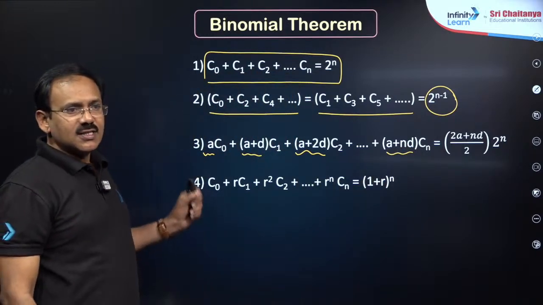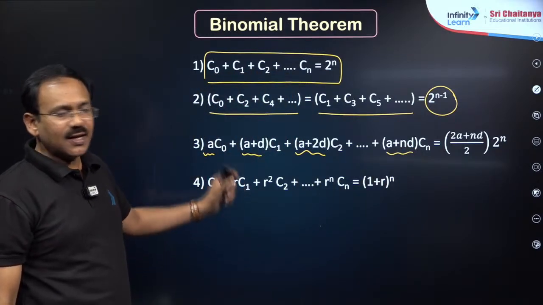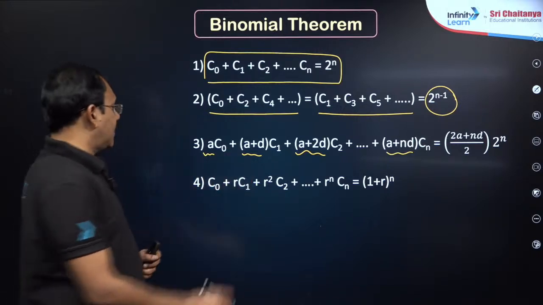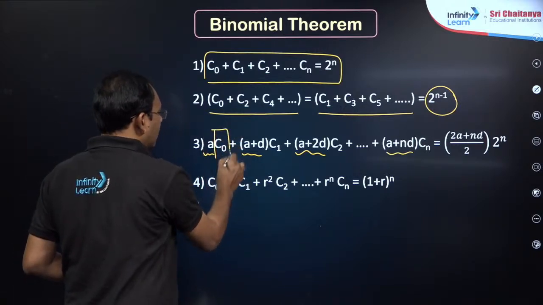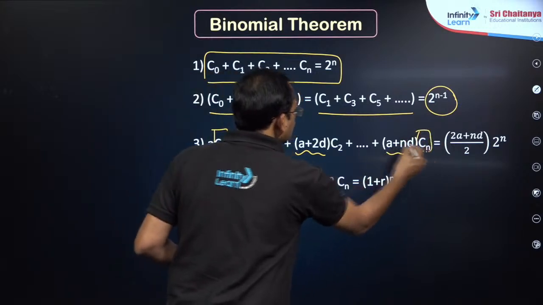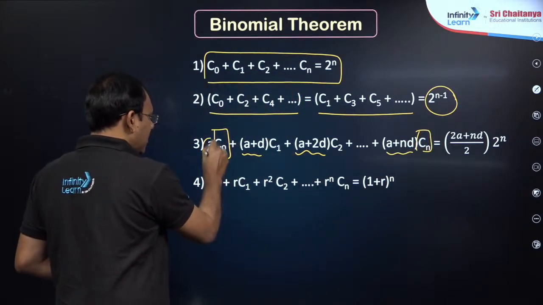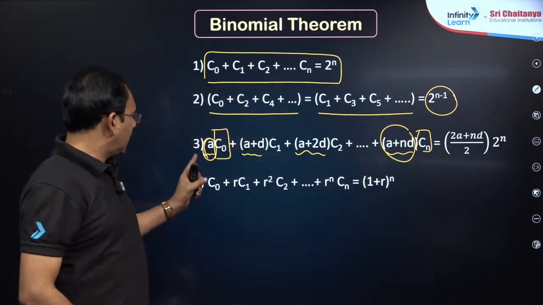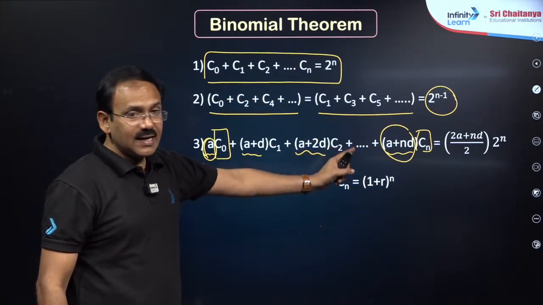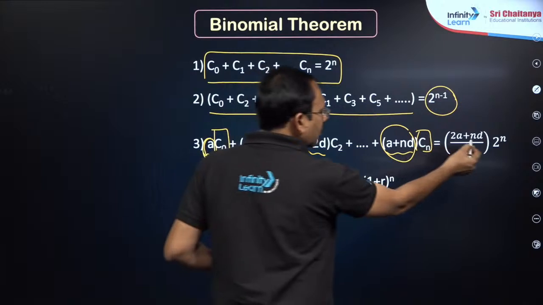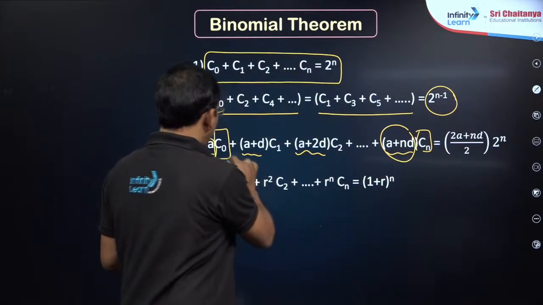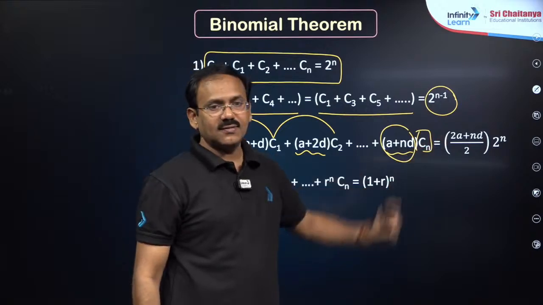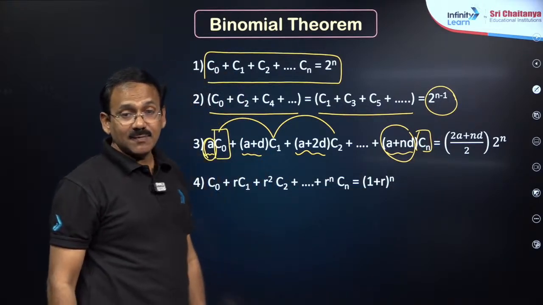After that, the binomial coefficients where they are multiplied with the numbers of an AP. Got it, dear students? C1, C2, C3, Cn are there. They are multiplied with some numbers which are in AP. In that case, if you are having from C0 to Cn, the result is the AP's first number plus last number by 2, that is, A plus nd by 2, which becomes 2A plus nd by 2, and the remaining C0 plus C1 plus C2, when they are there, you will get 2 power n. That is the result. Once again, let me repeat.